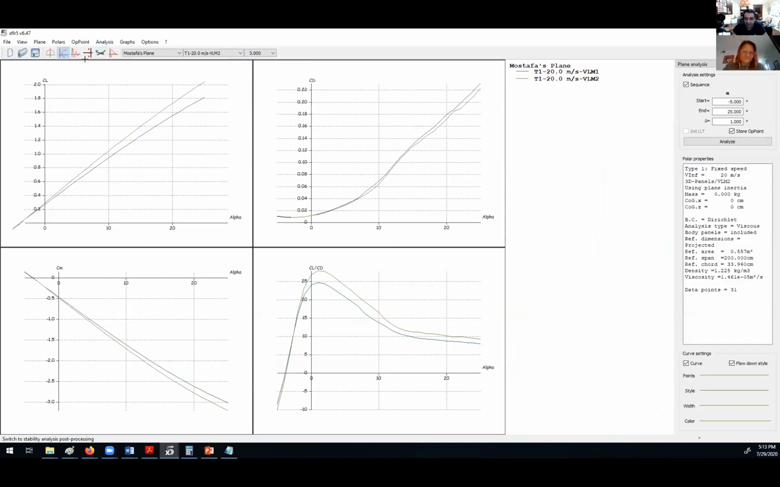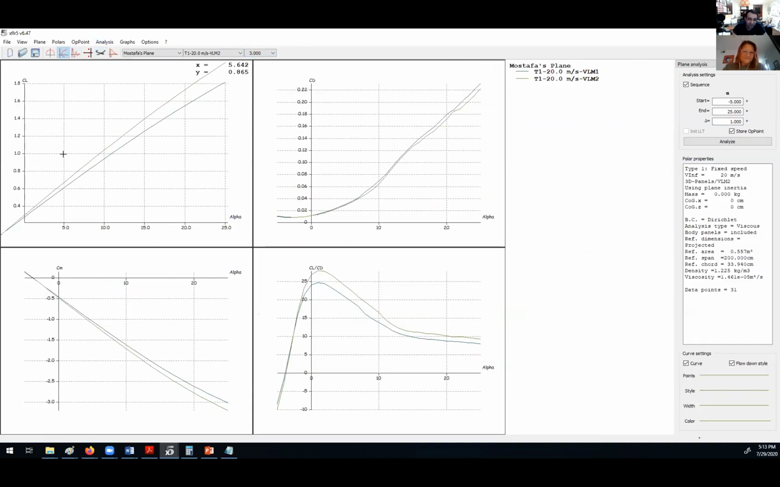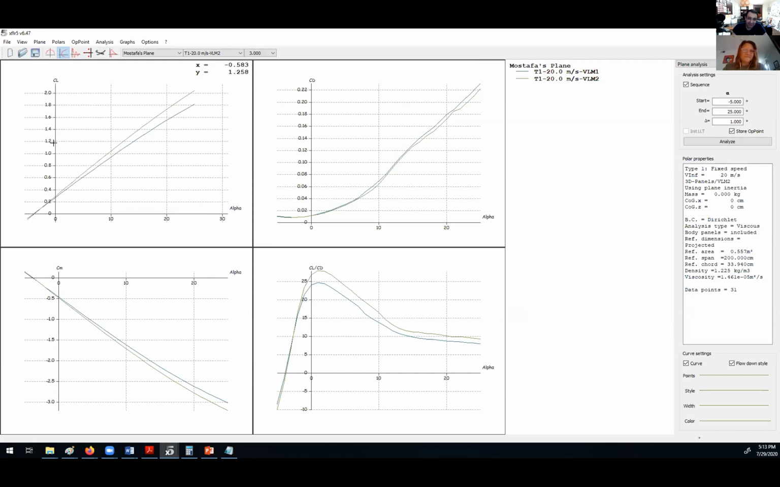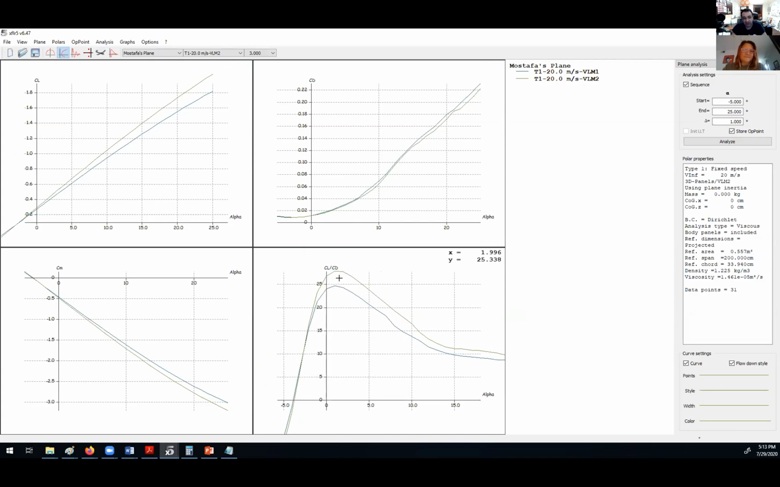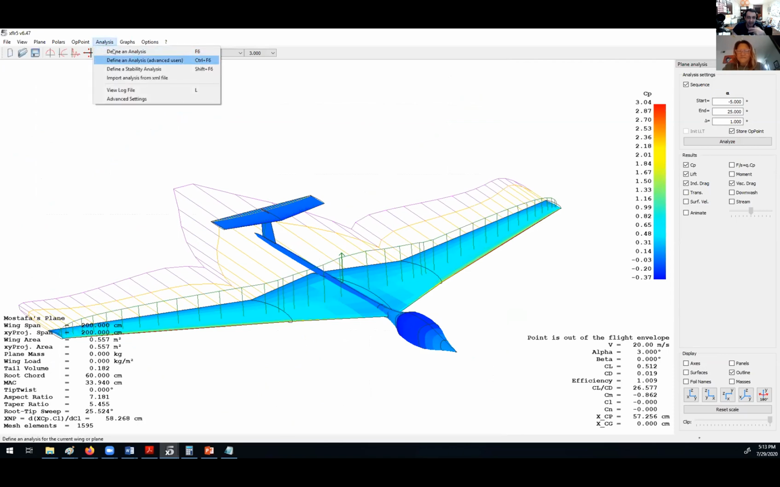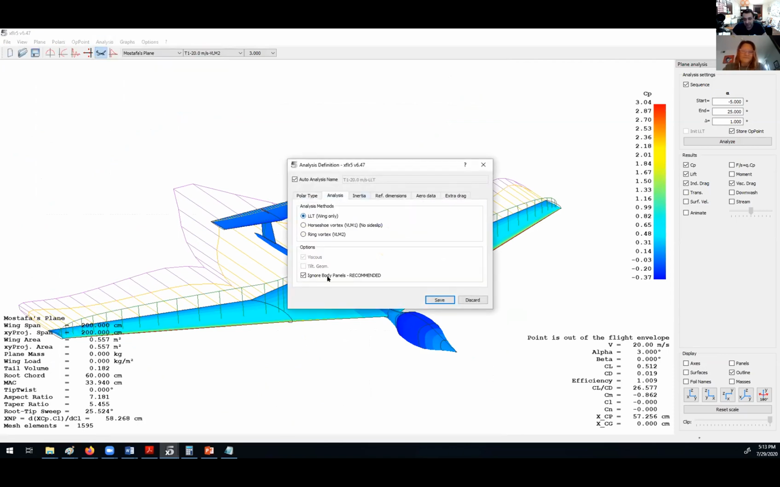So now if you look at the difference, it's a very small difference. You see here? A little bit in the CL and CD, but in CL over CD, you can see this. These are two different aerodynamic theories, right? But they are not far from the LLT. So now if I go back and run this analysis with LLT,